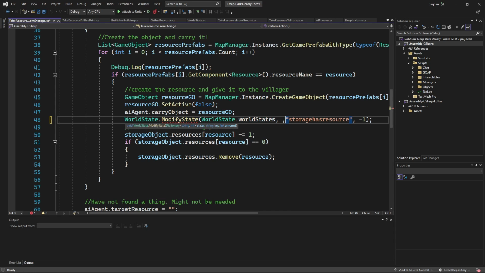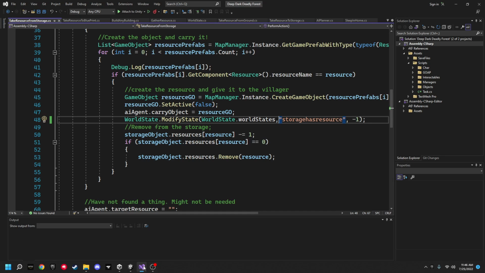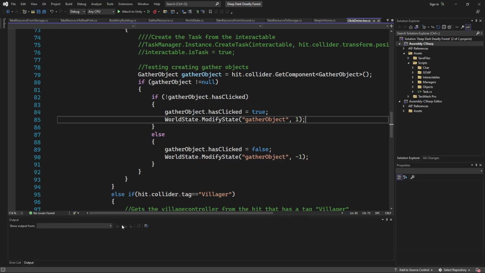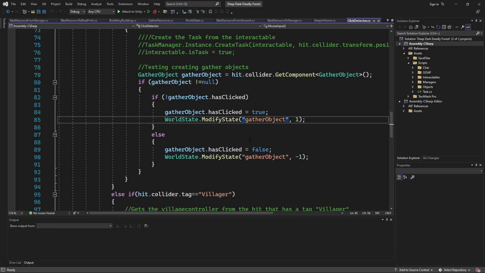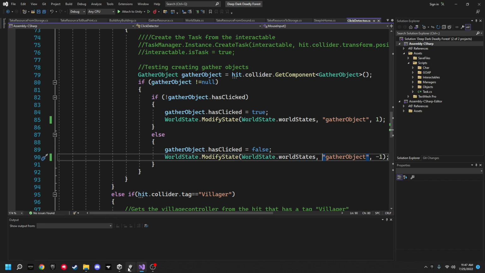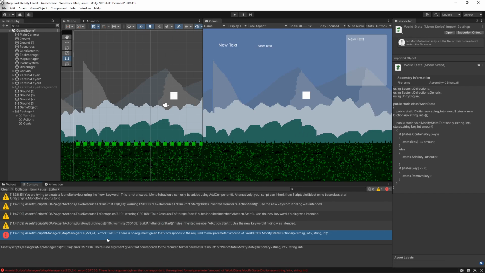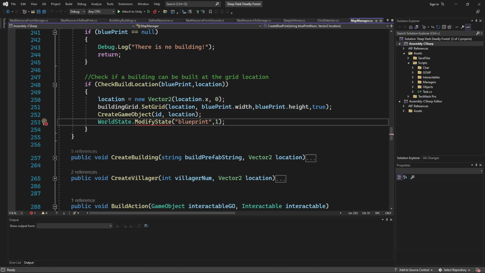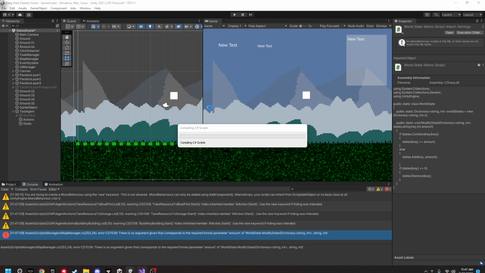This is going to be the world state. World state. World state. And the last one is a world state. Let's save that. Let's see if it still works.